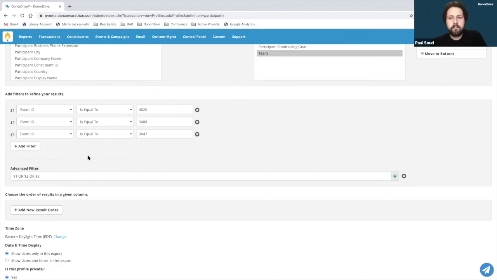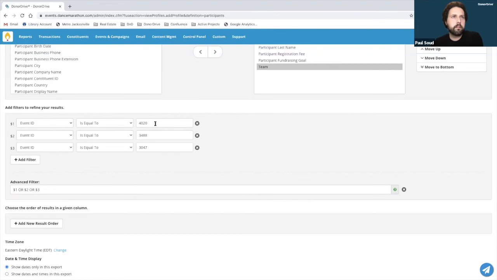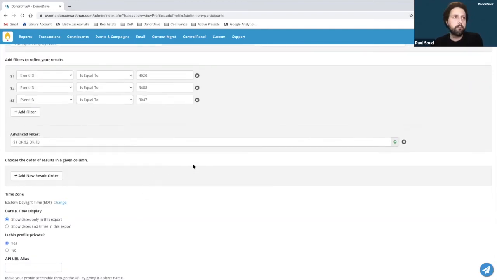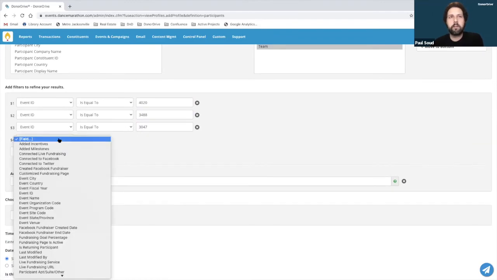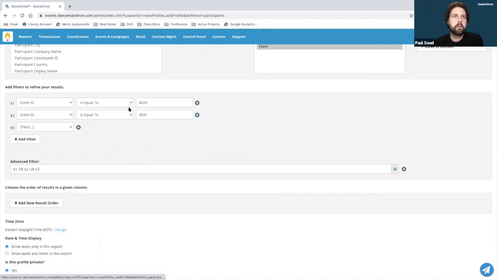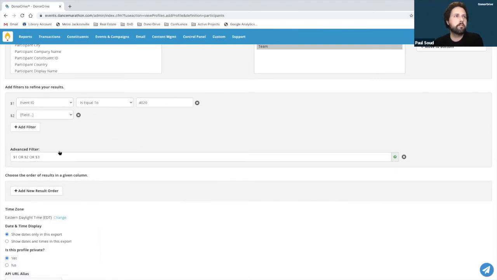Basically, that's going to tell DonorDrive to pull results for people who are in this event, last year's event, or the event the year before. And so that'll get information from all of them rather than just somebody who is enrolled in all 3. And there are a lot of different fields that we can add in and a lot of filters that we can make interact. So if you wanted to say, okay, I want people who are in this year's event,